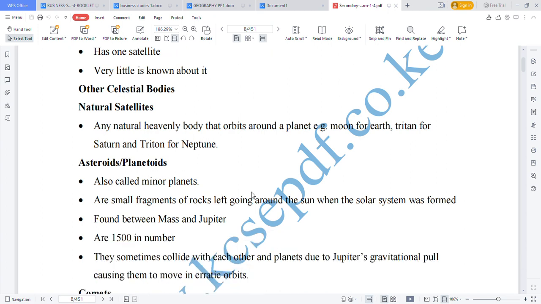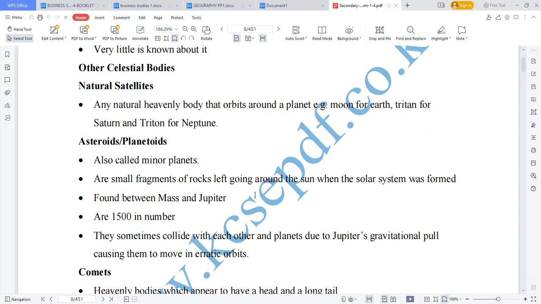Other celestial bodies. We have natural satellites, any natural heavenly body that orbits around a planet, e.g., the Moon for the Earth, Titan for Saturn, and Triton for Neptune. We have asteroids, or you can talk of planetoids, also known as minor planets,